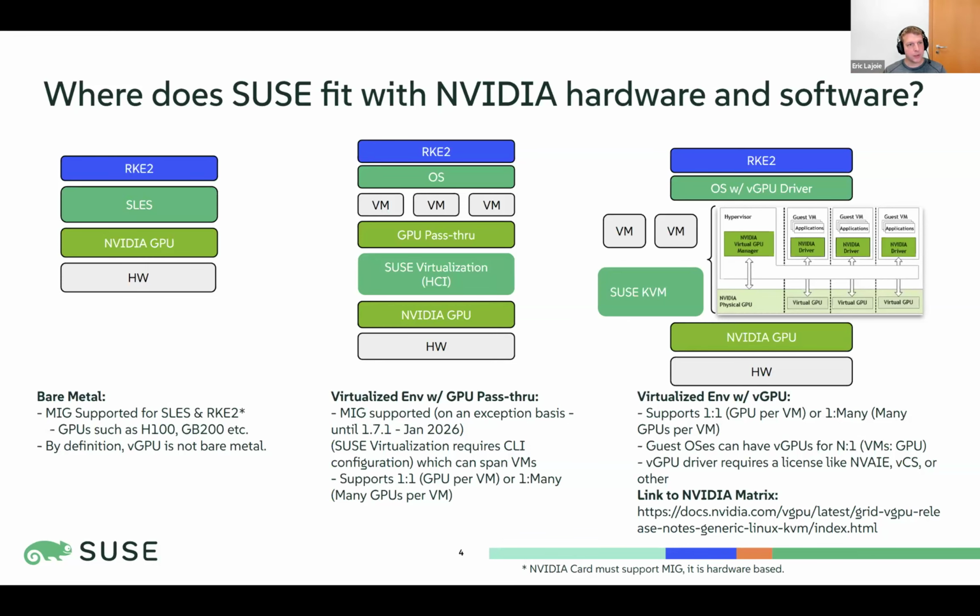The right two options in this diagram are what I see in the medium to smaller accounts, and also in the accounts where they have air gapped environments. The reason for these is that they're multi-tenant. Think of the public sector: you'll have police and schools and other government entities that all want their own Kubernetes. So the middle option here is running SUSE virtualization on the bare metal and having Kubernetes clusters virtualized on top.